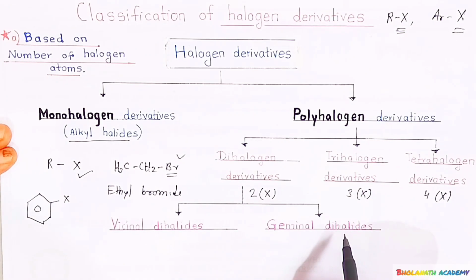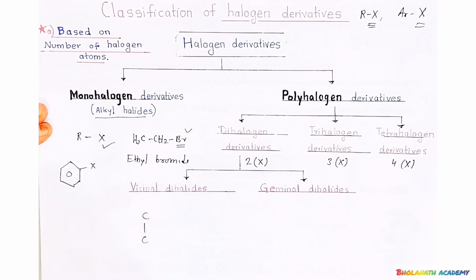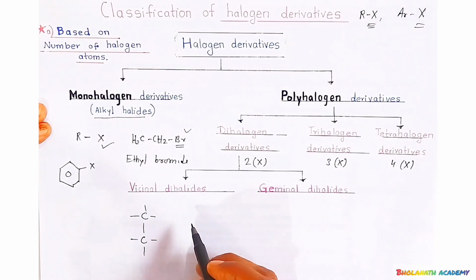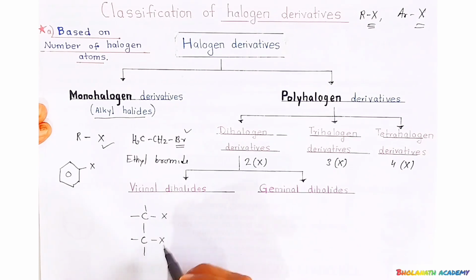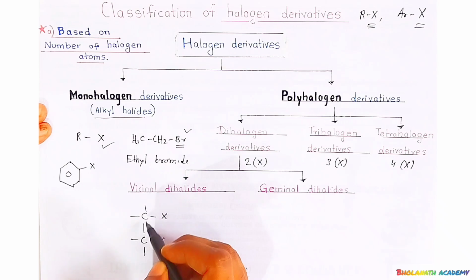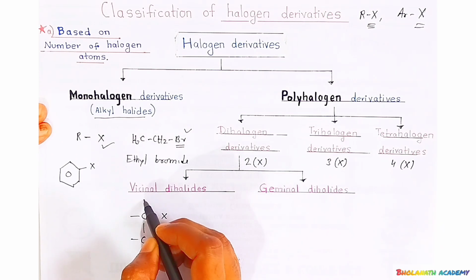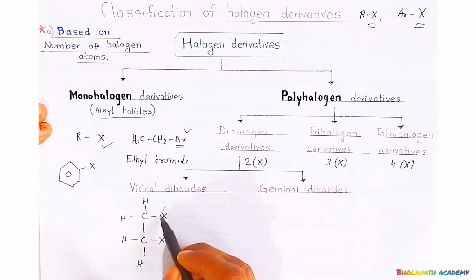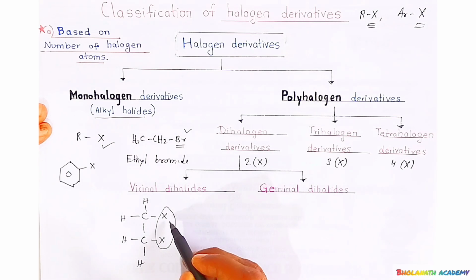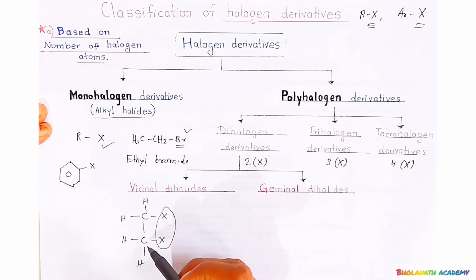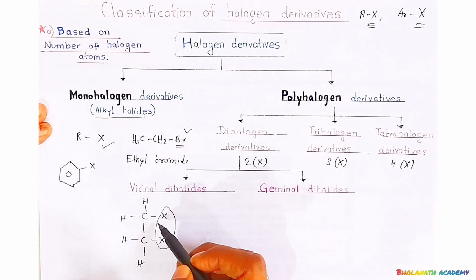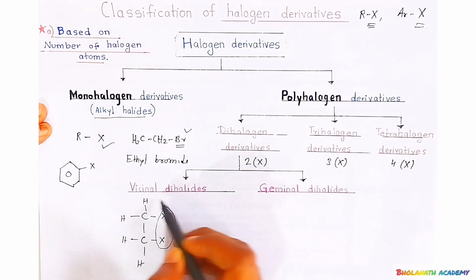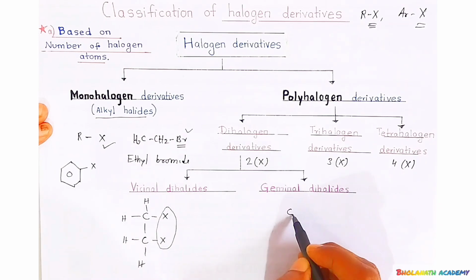Now dihalogen derivatives are further classified into vicinal dihalide and geminal dihalide. What is a vicinal dihalide, students? This is the hydrocarbon, students. When halogen atoms are present on different carbon atoms in the hydrocarbon, then we call it a vicinal dihalide. This is the halogen atom, students. It may be chlorine, bromine or iodine. When it is attached to different carbon atoms, we call it a dihalogen. But which type of dihalide? Because they are attached to different carbons, we call it a